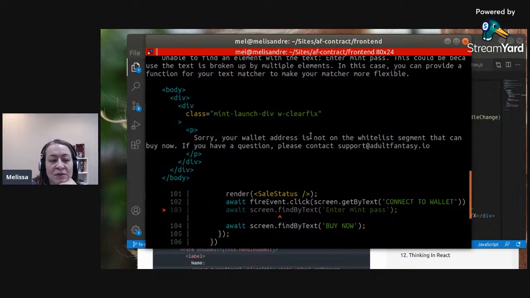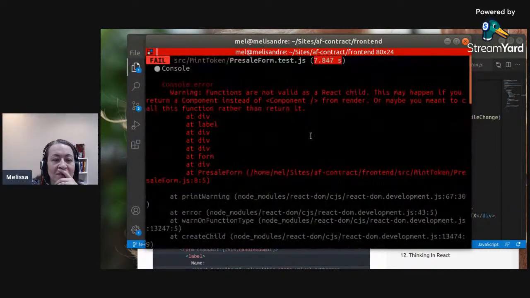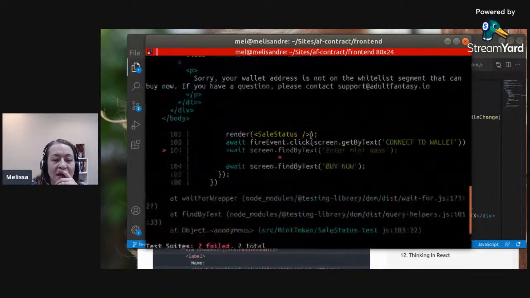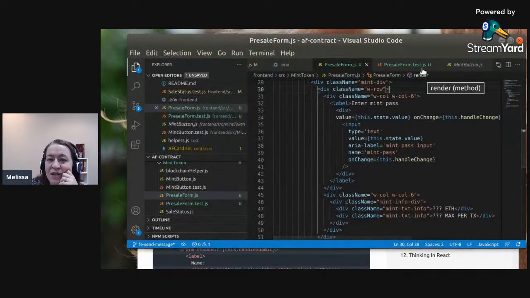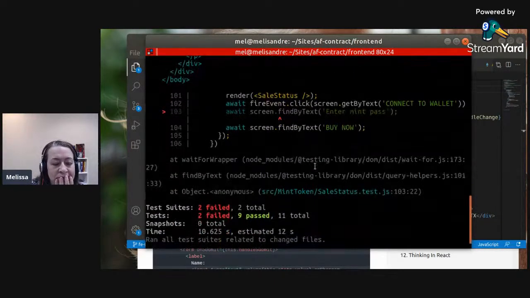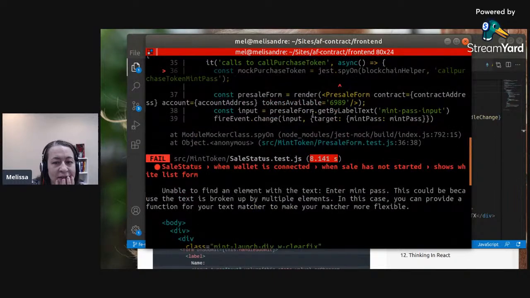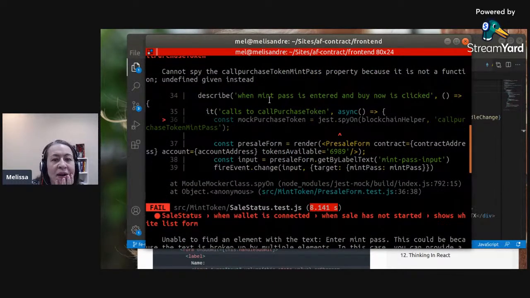Oh. I haven't edited the, that might be a different run. I haven't edited the sales status to correctly, wait, which test is that? Wait, this is in sales status. I haven't edited sales status. This one is cannot spy on it because it's not there. All right, so yes, two very good